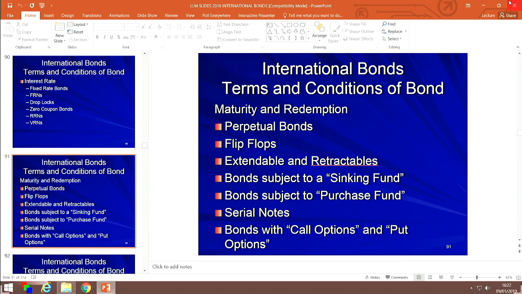But a put option is different. It's the investor's choice. And an investor is not going to sell at face value, exercising his right to sell the bonds to the issuer. If the bond is trading at 110, it will not exercise its put option; it will exercise it if the bond is trading below 100% of face value. So it gives an investor an additional advantage, an additional incentive to buy a bond with a put option embedded in it rather than a call option.